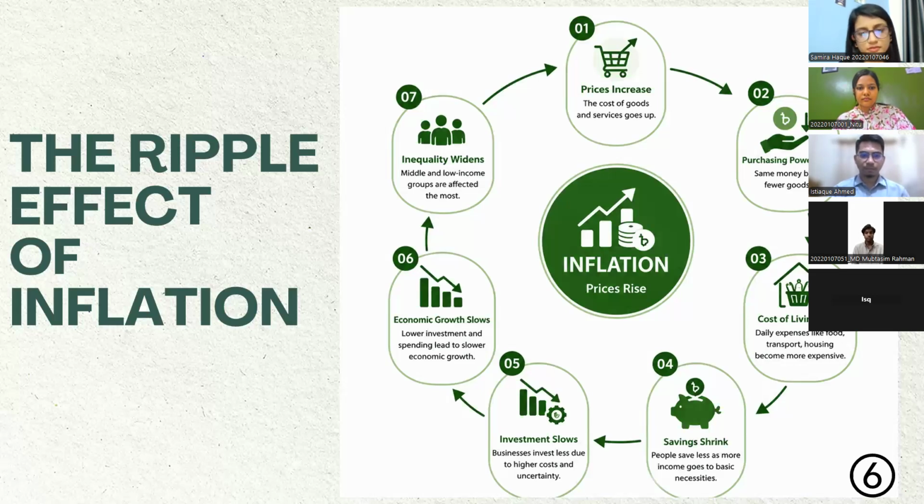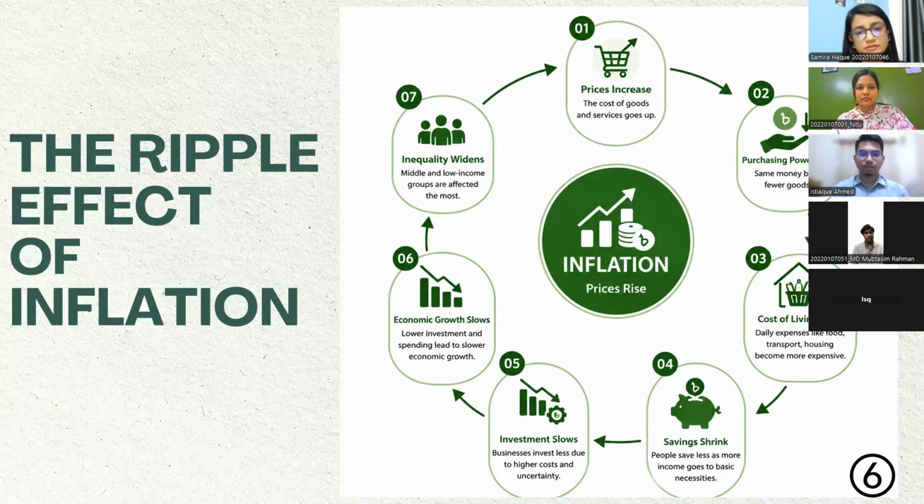Fourth, when people spend more on basic necessities, their savings shrink. They have less money left to save or spend on non-essential items such as entertainment and luxury products. Fifth, because consumers spend less, investment slows, and businesses face lower demand and higher production costs. So they become more cautious about production costs and about expanding their operations or investing in new